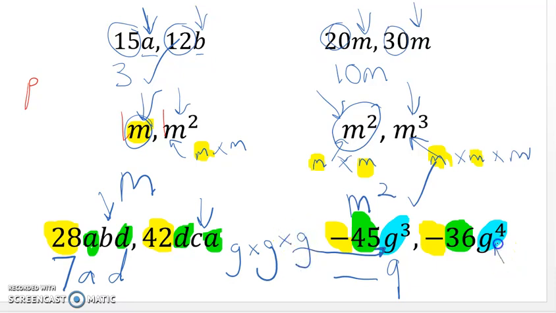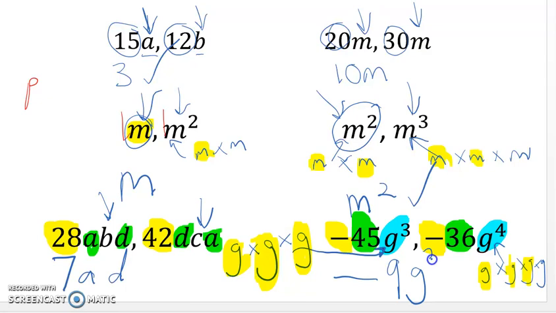And g to the power of 4 is g times g times g times g. So let's see what's common: 1, 2, 3. That's all I can take. I can only take what's common. I don't have a fourth g in the first term,